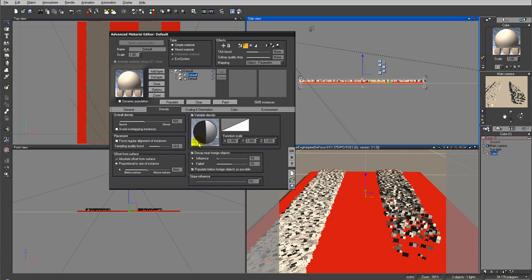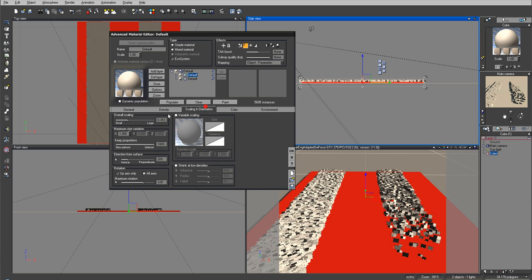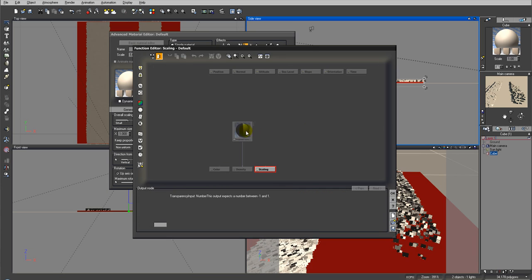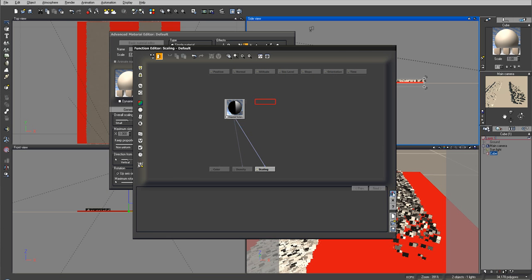You can control not just the density, you can also control the scaling with the same. So let's go ahead and enable. We'll go edit. We'll create, we can connect it if you want. We connect directly to this. So let's go ahead and populate,